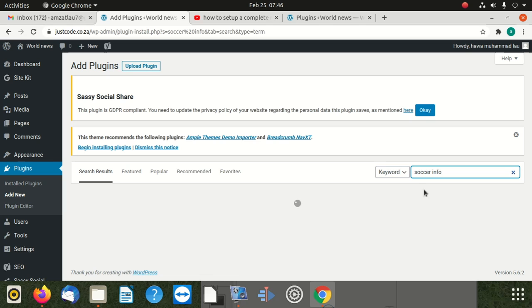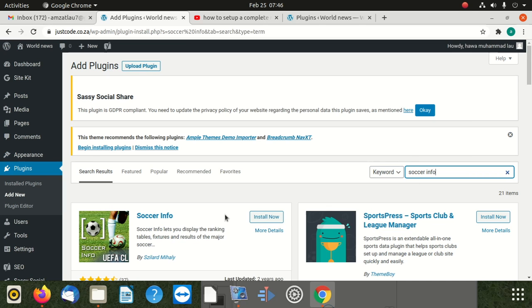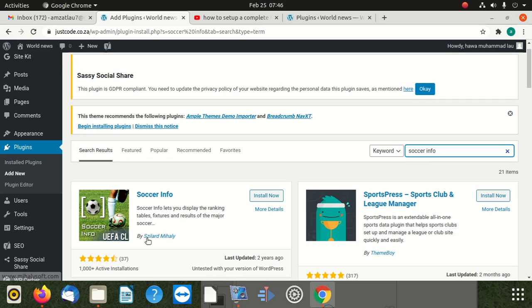So let me see, let's get it right. Okay, this soccer info is by SZ Lad Mahali. You install that. After installation, say activate. So after activation,